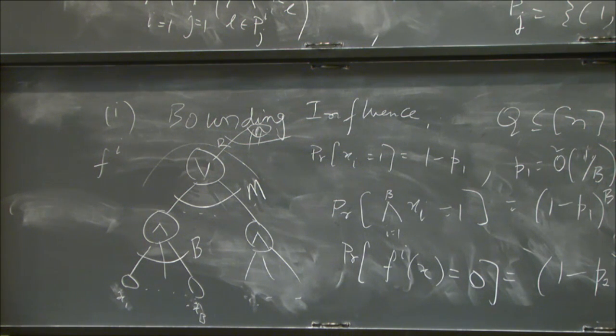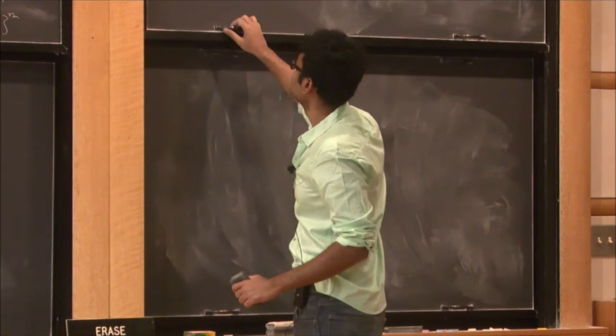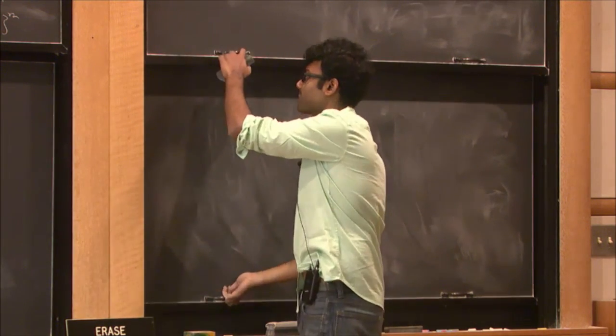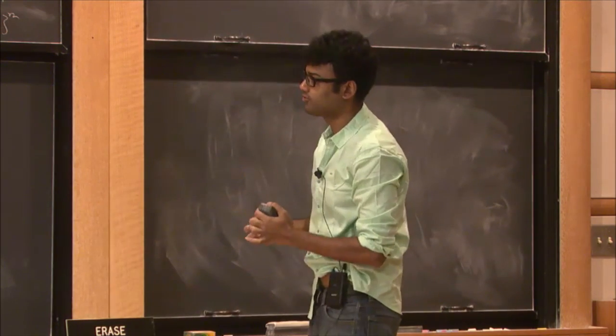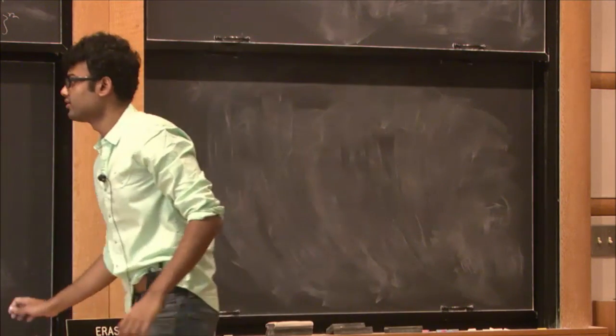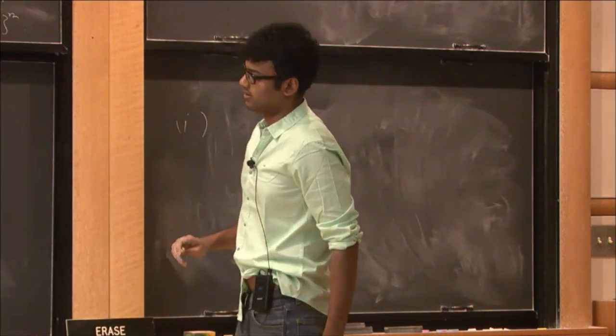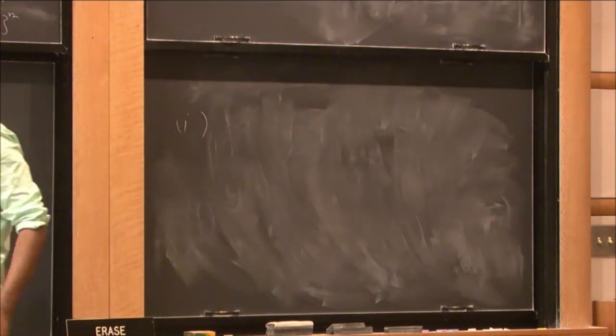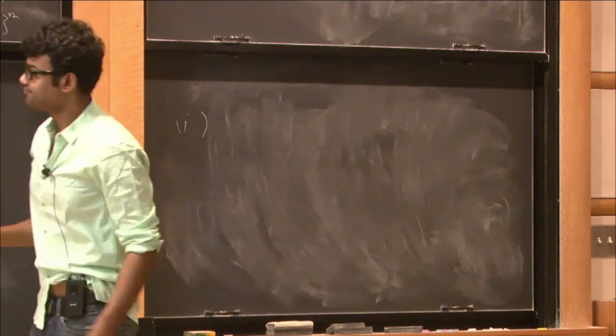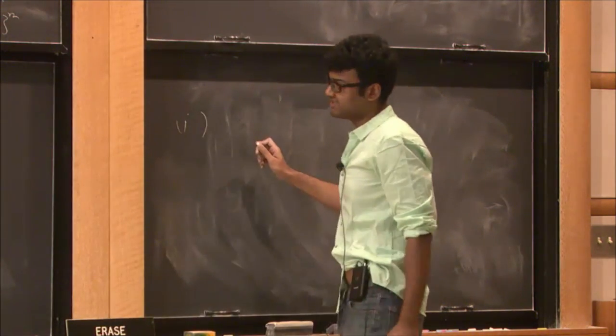Okay, so with this setting of parameters, let's try to bound the influence of this set Q on this function. So we'll try to bound the influence of Q on just one of the tribes, one of this entire tribe function. So the first observation is that